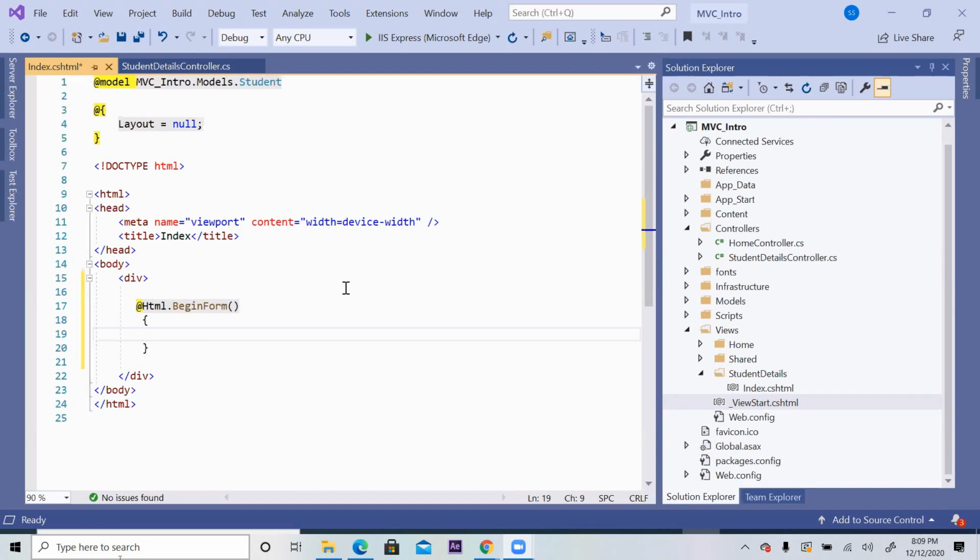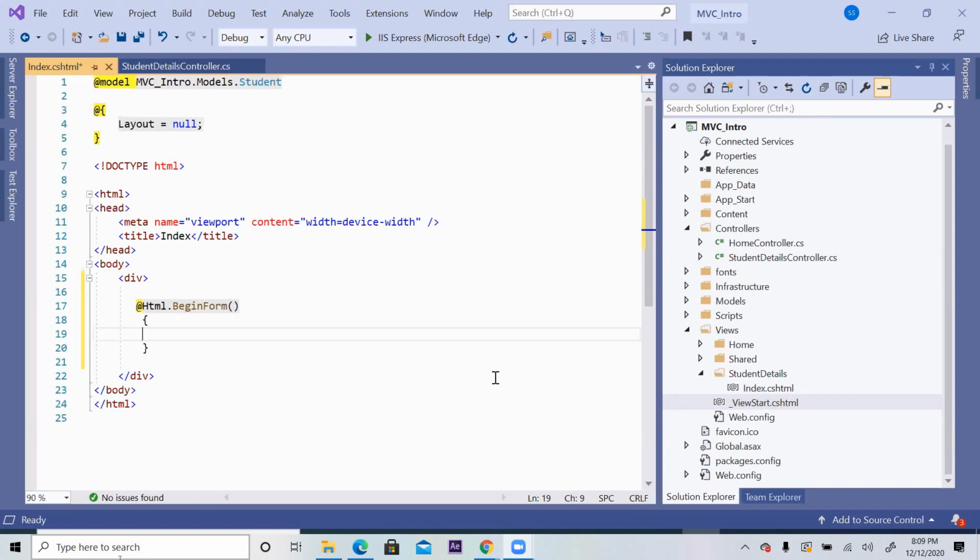Suppose you started developing your empty view and somewhere you are not able to catch the syntax. Then either you Google it, you remember the syntax, or since there is an inbuilt feature to create auto-generated view, you can quickly create one and compare the syntax also.